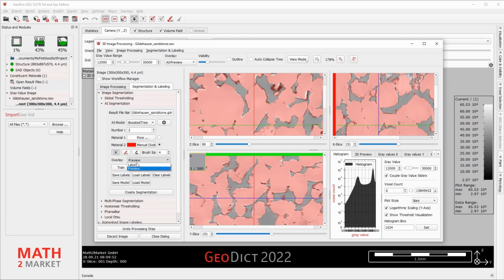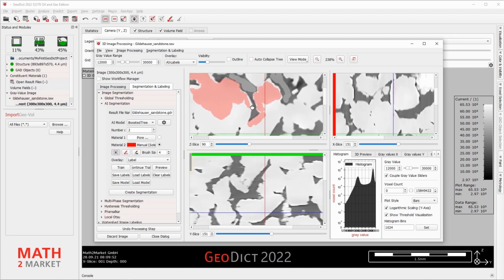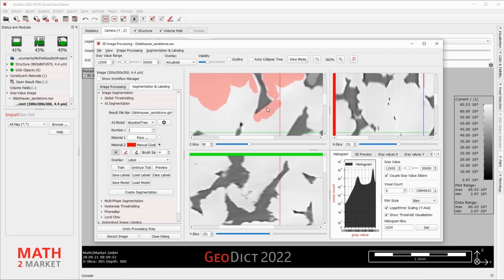So go back to Label View, and select the brush tool again for quartz. And remember the regions where the algorithm struggled. You might even choose a smaller brush size.